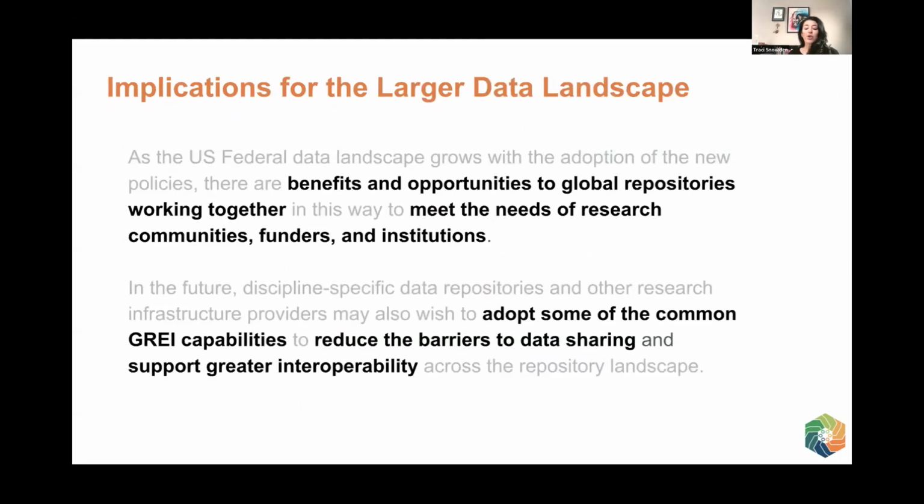Finally, what does the future hold, and how is this initiative helping the wider U.S. federal data infrastructure? And so, as Anna mentioned, GREI has begun to envision a world beyond just generalist repositories embracing these types of best practices. We do believe it is possible, for example, that domain-specific repositories and other research infrastructures might embrace a co-opetition model in order to further reduce barriers to data sharing and support the kind of interoperability that can foster open science for maximum positive global impact. And that's really the point.